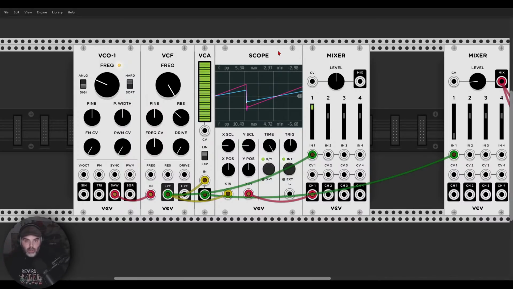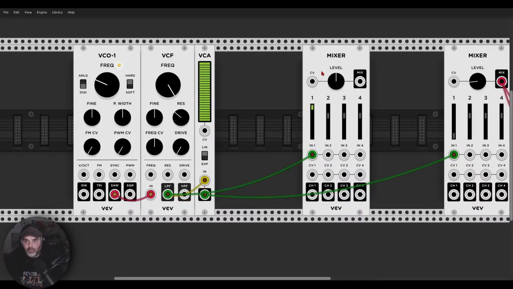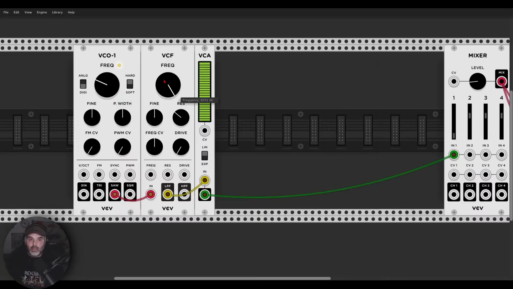But again, this is something that is really important for me, and that I always say: it's better to think about VCAs, most VCAs, as attenuators. Here I showed you an example where it will actually amplify, but mostly VCAs will attenuate. And when you understand this, you will use them much more in your patches. Okay, so now we have a way to control the amplitude of this voice,